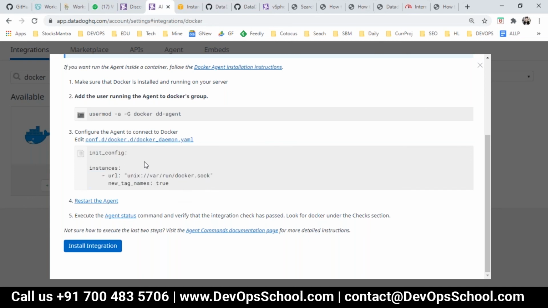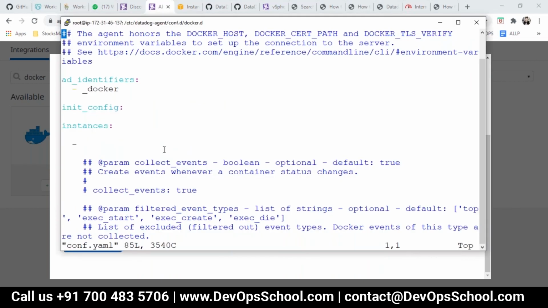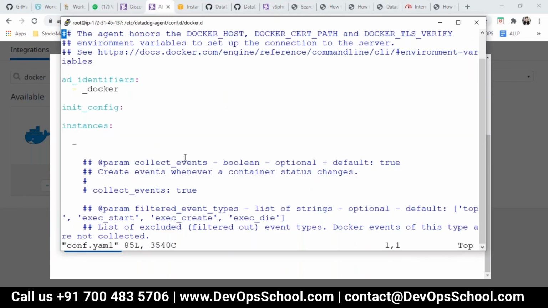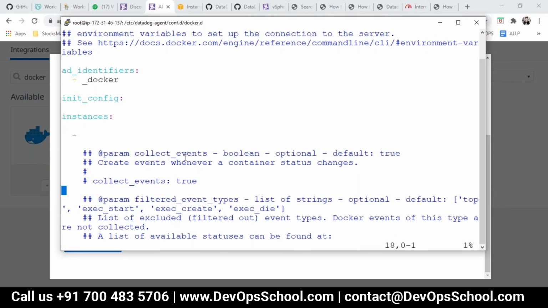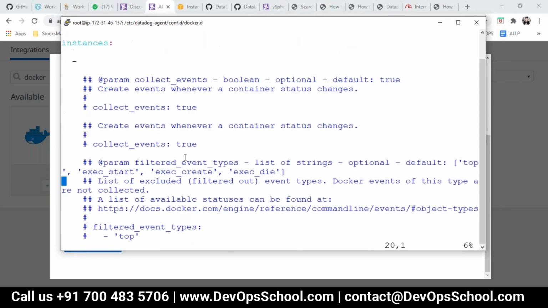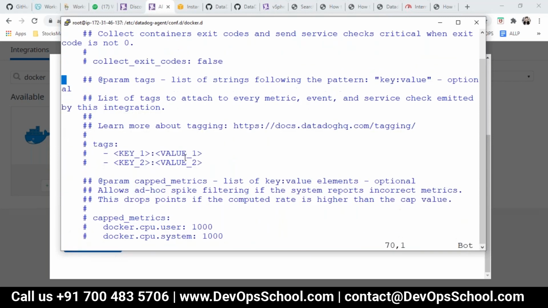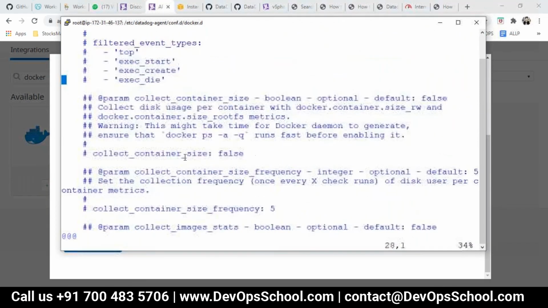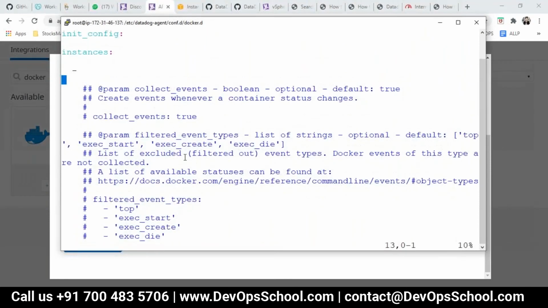Docker is read through the Unix socket, and that's where monitoring is possible. If I look at init_config and instances here, the socket is not there, so you can enable this integration but it will not read those things.